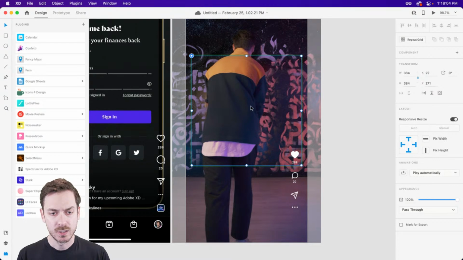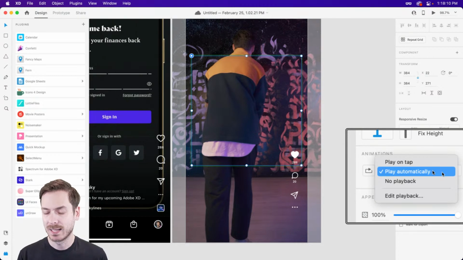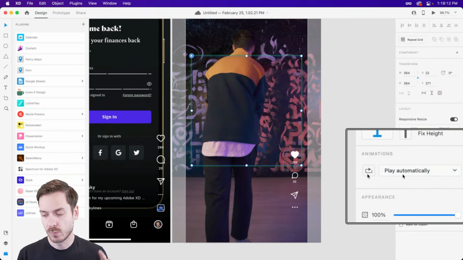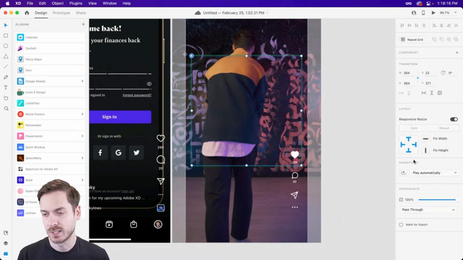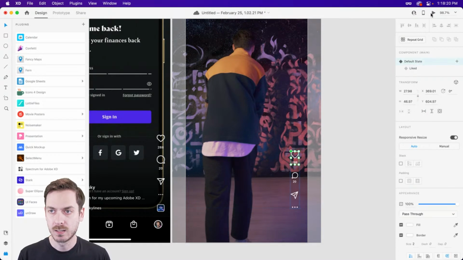All right, so what we want to do is make sure that inside the Properties Inspector, with that Lottie animation selected, Play Automatically is chosen, and we do not want it to loop. Otherwise, that heart animation is going to just keep looping and looping and looping and just be a little bit weird, right? So with that in place, we're going to go back to our default state,